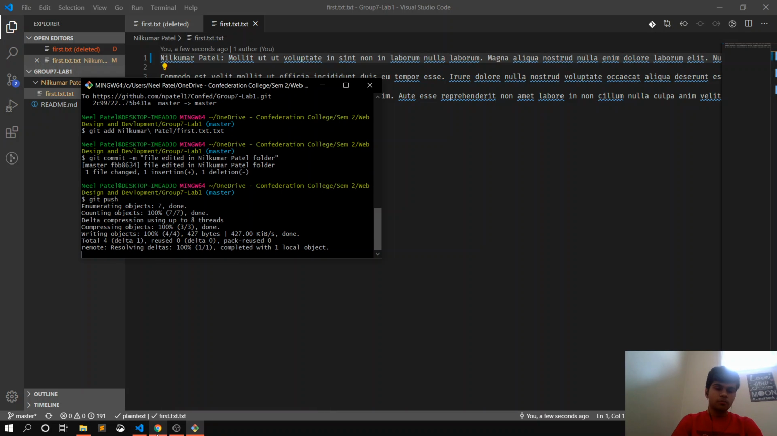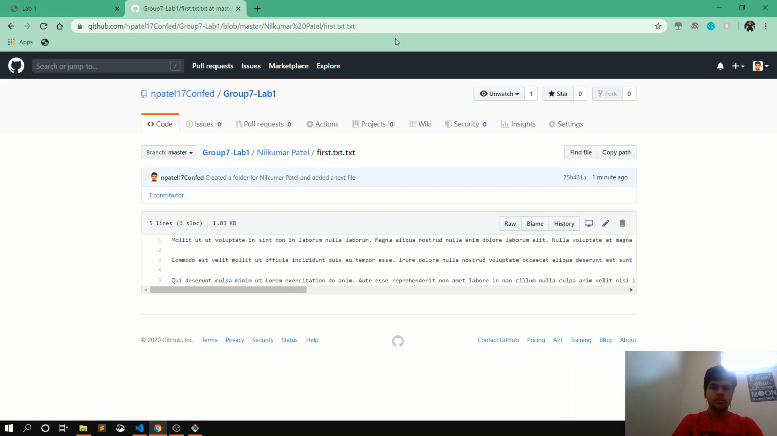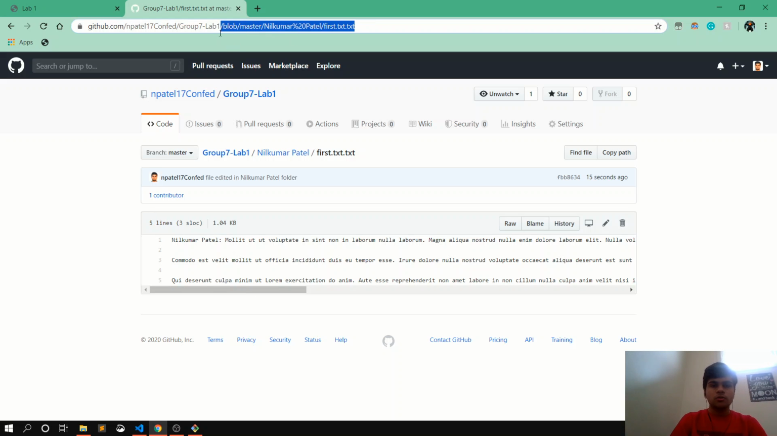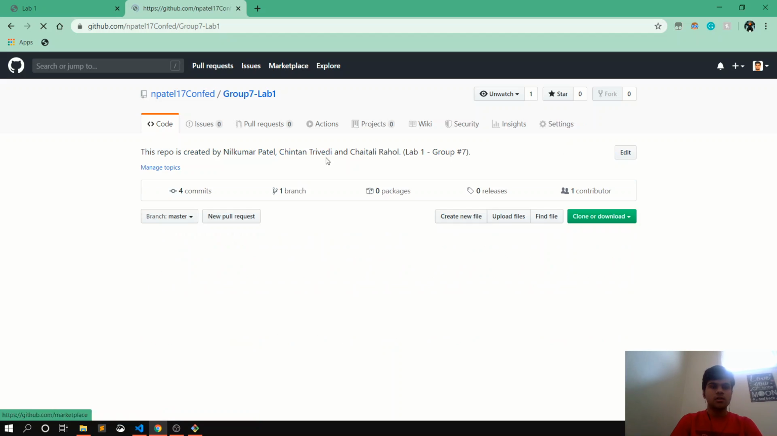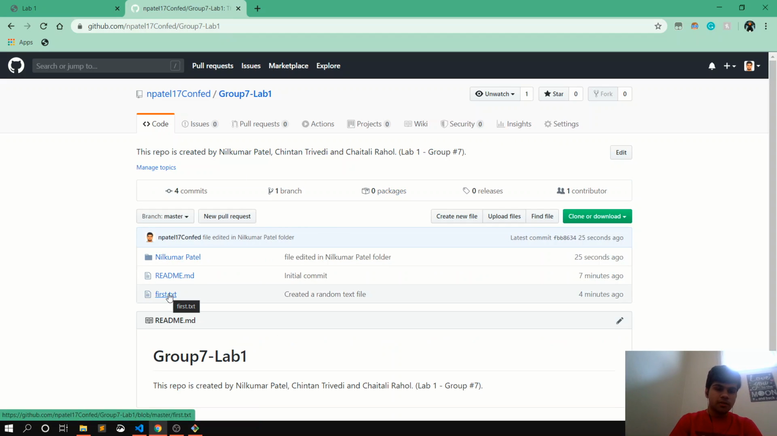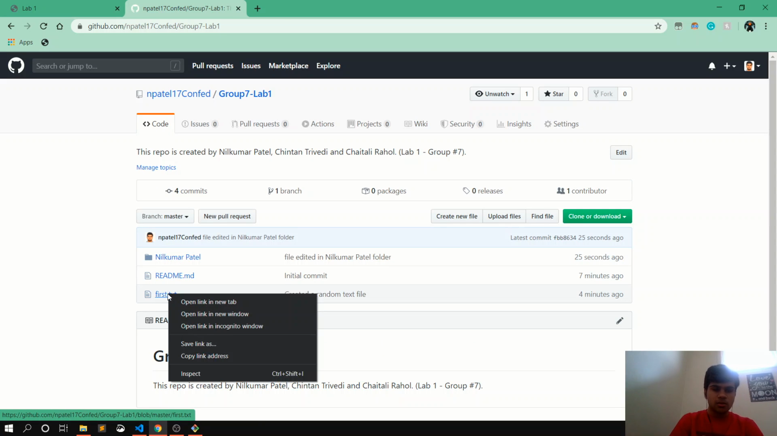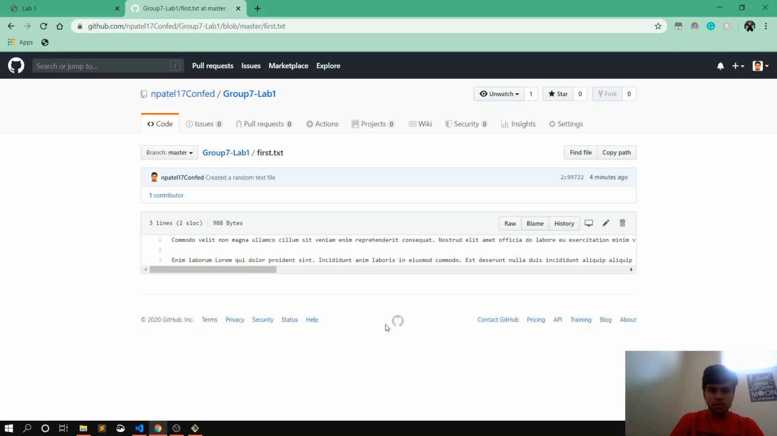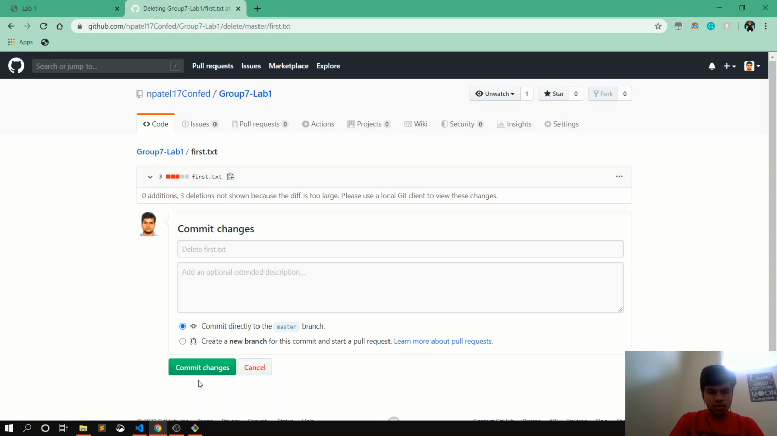Now I'll go ahead and open up my browser and see if these changes are made into the file. And yes, my name is added in the first paragraph, so it's done. Now we can also delete the files that we have created, and we can delete from here as well. So I'll just open this file up, and I'll delete from here, from the browser, and I can write that